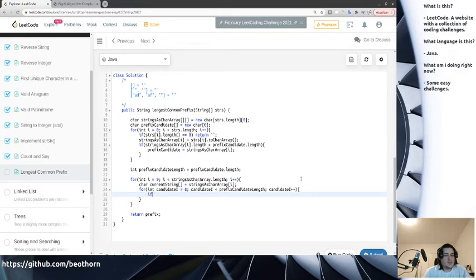And then inside the current string at this point, if this is not equal to the candidate at this point,